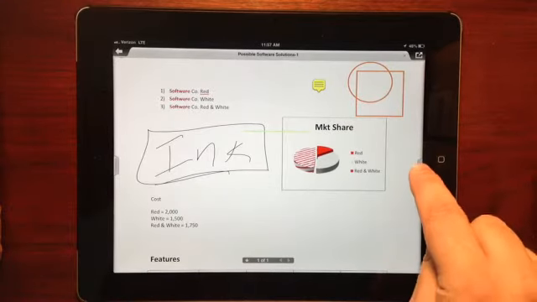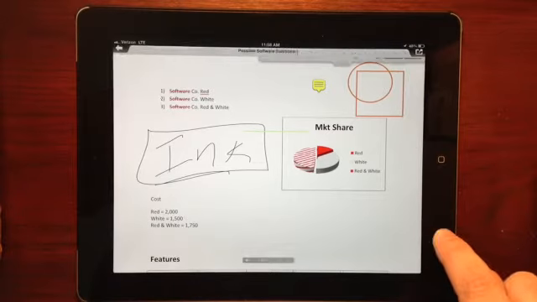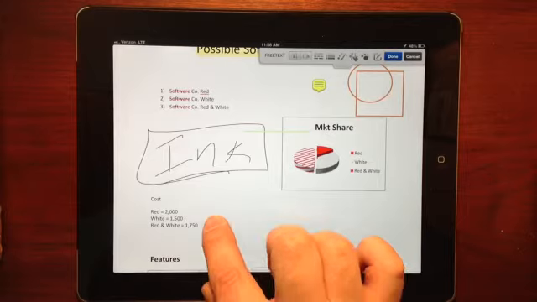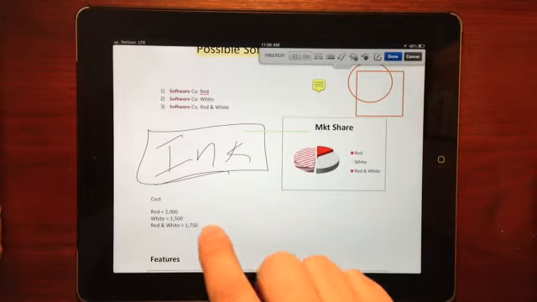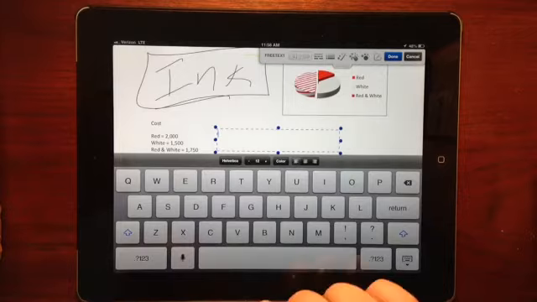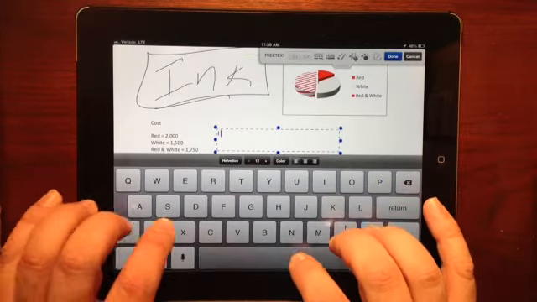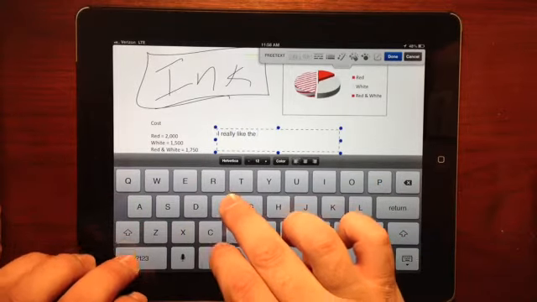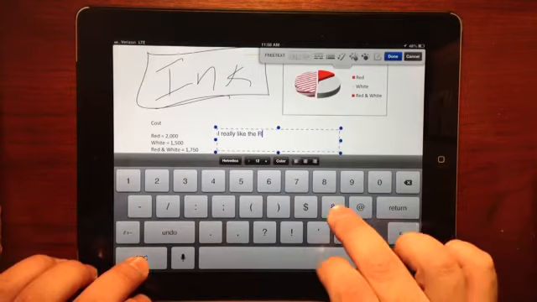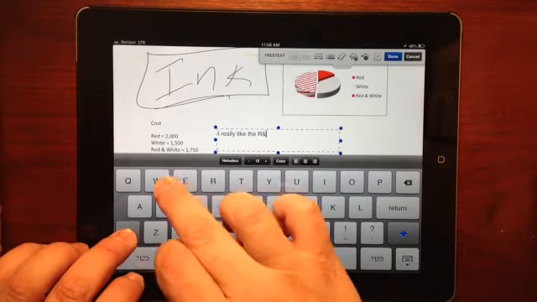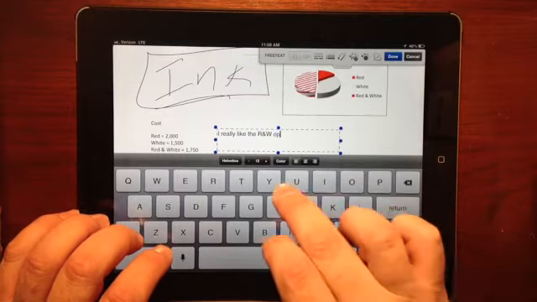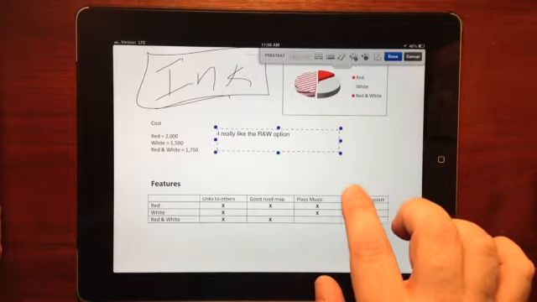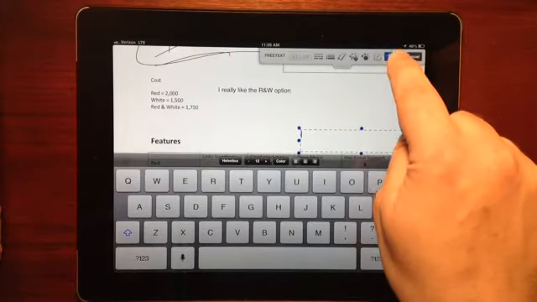Okay, next is adding text. If I select the text button, this is a useful tool. You can add text into here. So you want to make an annotation about this cost, you can type something in there and say, I really like the red and white option. Okay. And if we hit done on that,